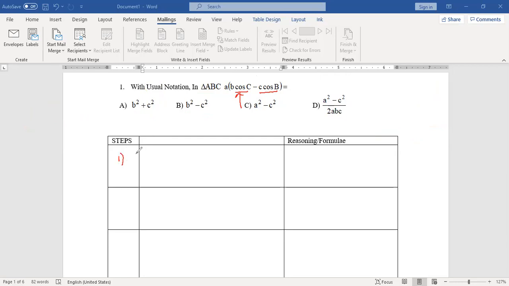Step number 1. You start with a(b cos C minus c cos B). What rule are you going to apply? We are going to apply cosine rule. What is cosine rule? Cos C का फॉर्मूला अपने आप लिखो और cos B का फॉर्मूला अपने आप लिखो. It is also a method to make you learn the formula. So you can write that is equal to